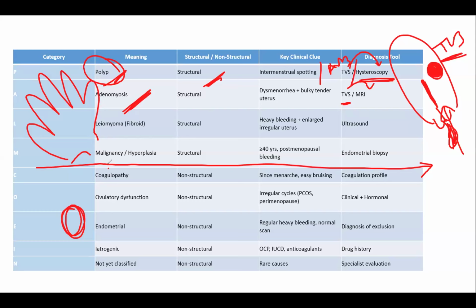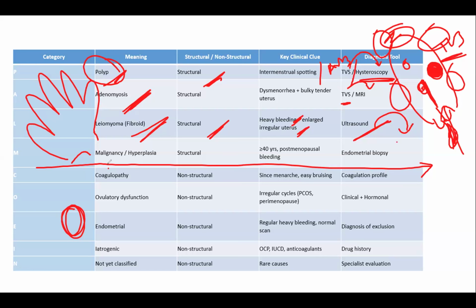The third one is L, leiomyoma. Structural abnormalities where you have big fibroids, which might be subserous, intramural, sometimes submucous. So these fibroids will cause heavy bleeding, and when you check the size of the uterus, it will be multiple, like this, see, enlarged, lobulated, multiple irregular uterus. Okay, the first investigation of choice is ultrasound. If you want to do fibroid mapping, then again go with MRI. Okay,